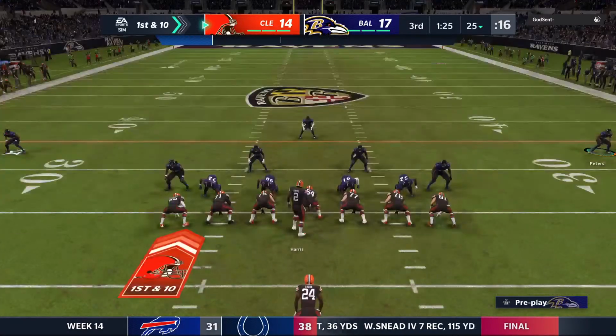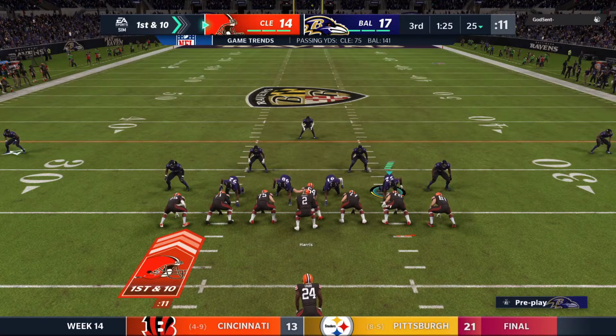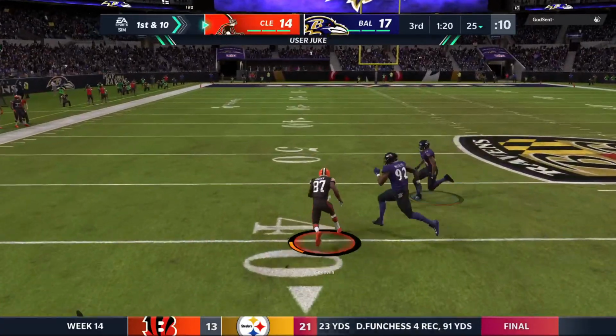And here we are almost through 3 quarters of play, and this passing game still has not really found any kind of rhythm, to put it mildly, because they're not even over 100 yards yet. In today's NFL, where it's a pass-first league, that is quite...